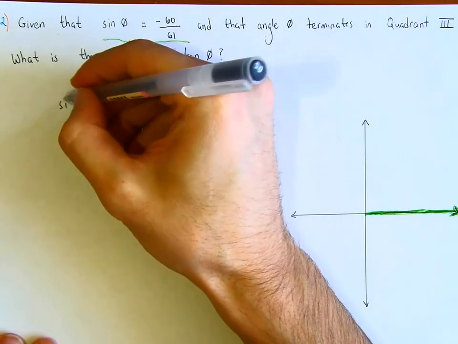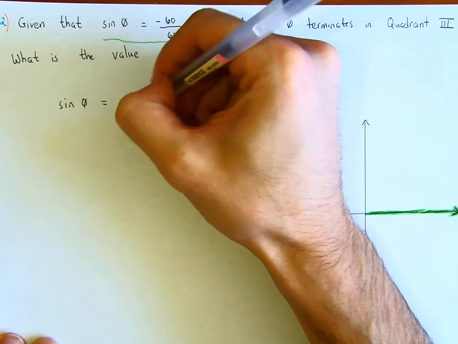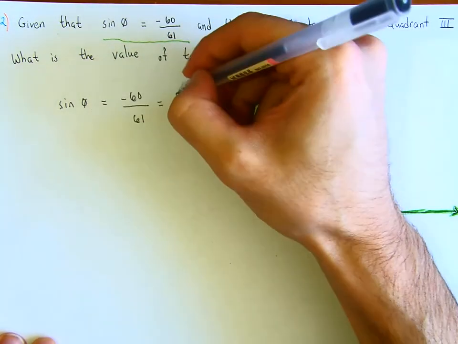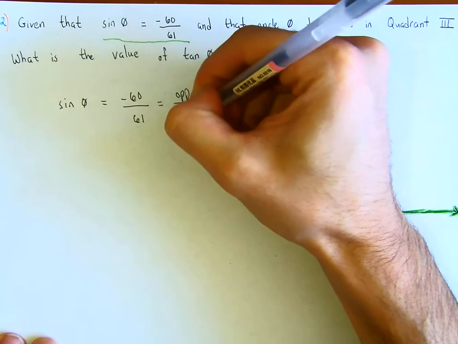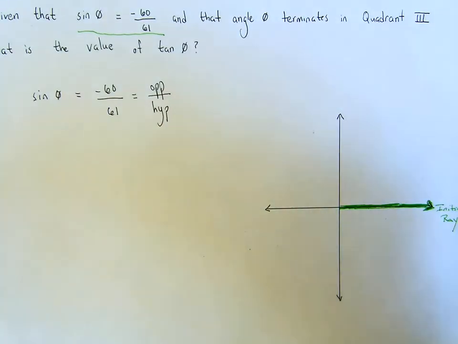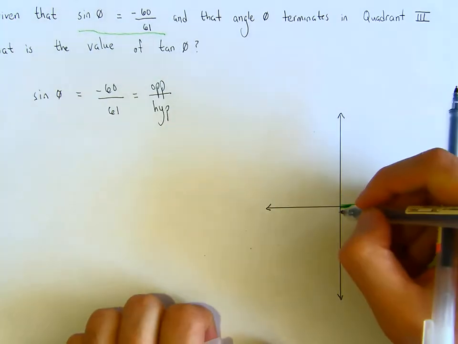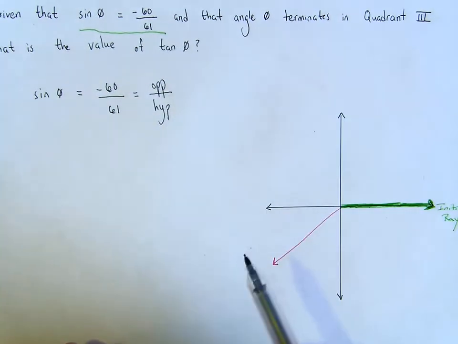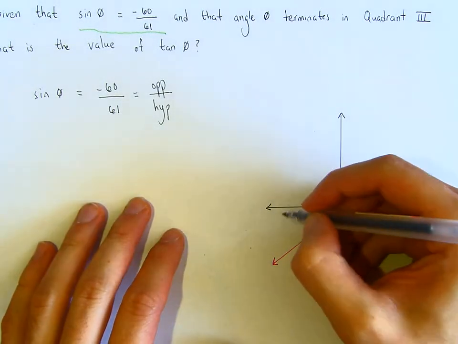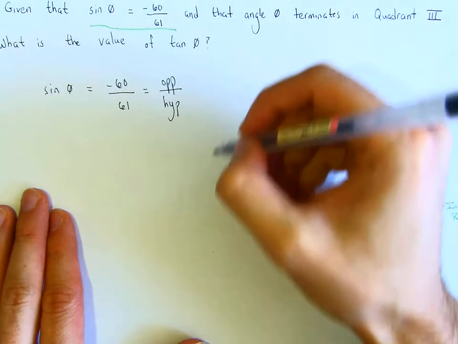So sine of theta is equal to negative 60 over 61. What's sine of theta? It's opposite over hypotenuse. So if we were to draw this rotation out, notice that this is the initial ray, and where does it end? It ends somewhere in quadrant 3. Okay? So now we're in quadrant 3, and we know that this is our theta over here, and we're going to make our little triangle over here. So notice that within this triangle,